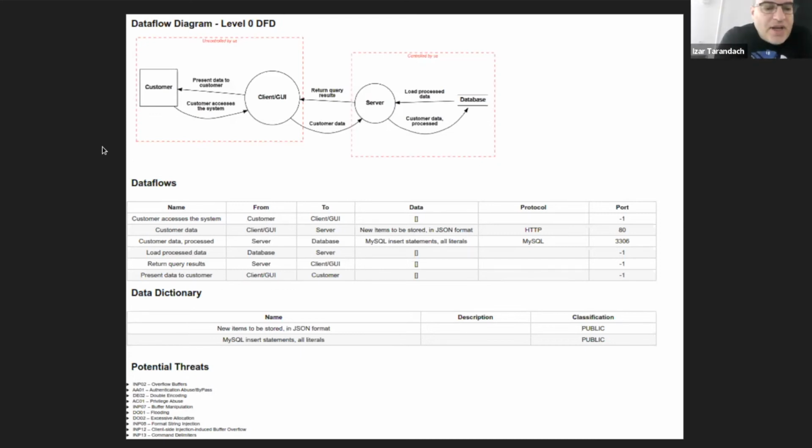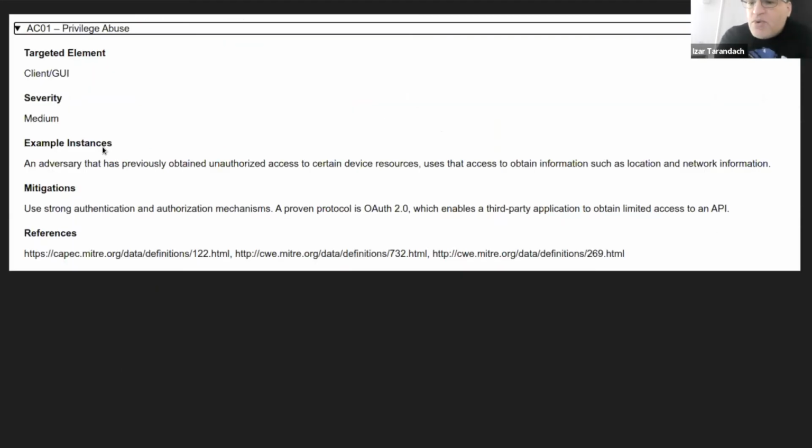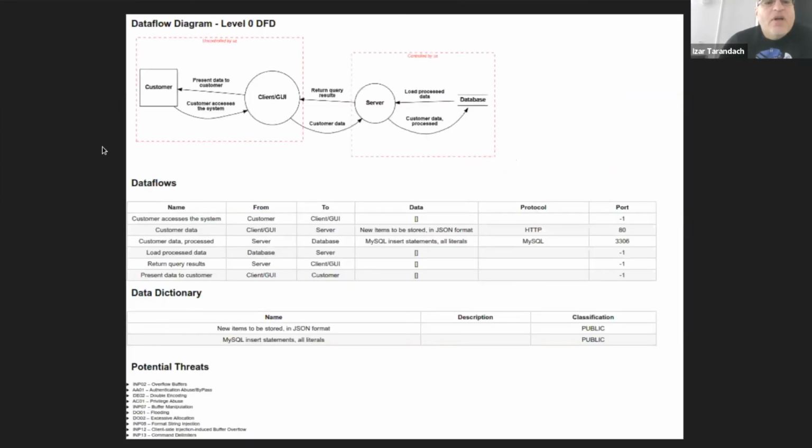You see each one of them has a triangle. So because this is HTML, it just means that they are closed. And I believe that once we open each one of them, what you get is first the targeted element. So you see there client/GUI. And you can immediately refer to that second circle there.